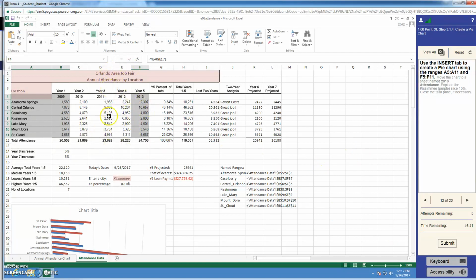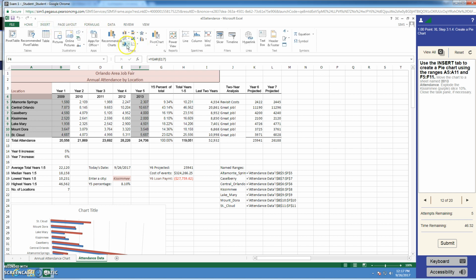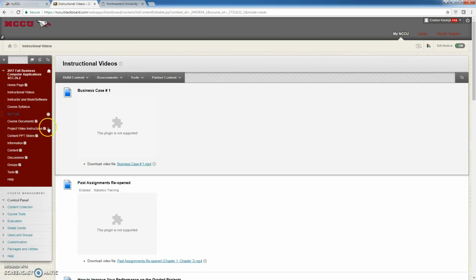Generate a chart, you can do that. Highlight this cell here, this group here, and then the other group. Then you go to insert, you select the pie chart all the way down like that. And then once you finish, don't forget to hit submit when you get to the last question. So this video is located in the instructional videos, and you can